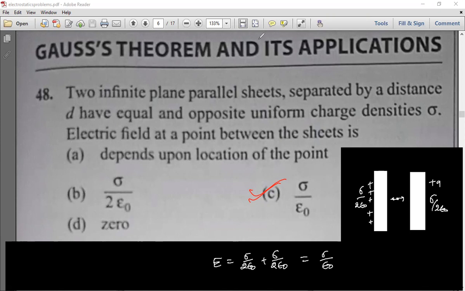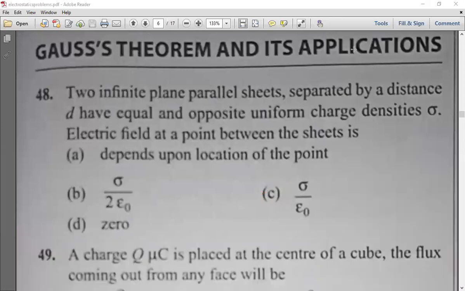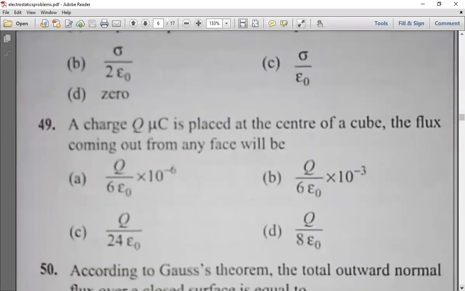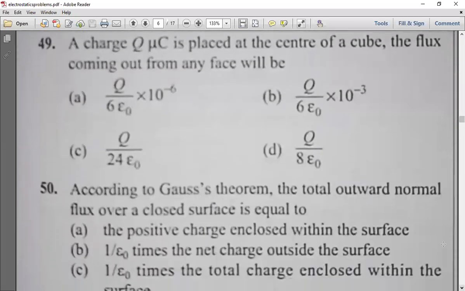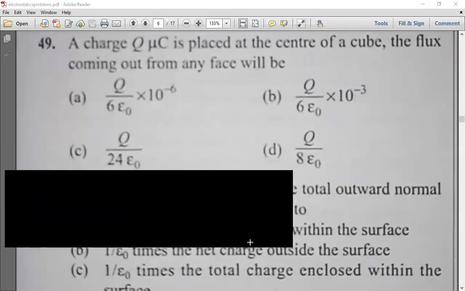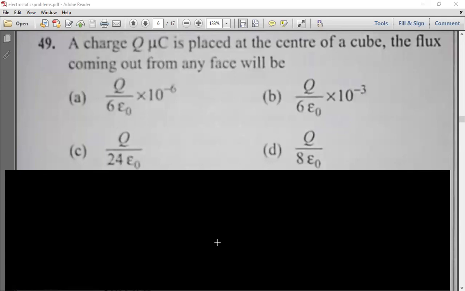Finished? Yes, sir. Okay. So next question. Question number 49. Now see, this is a cube model. What he is saying,